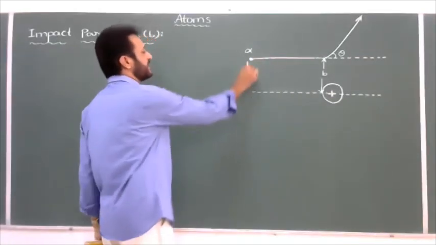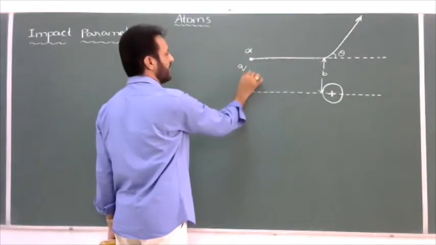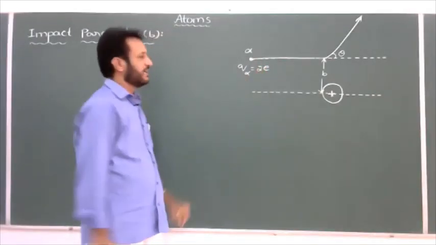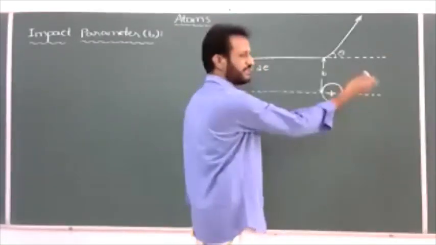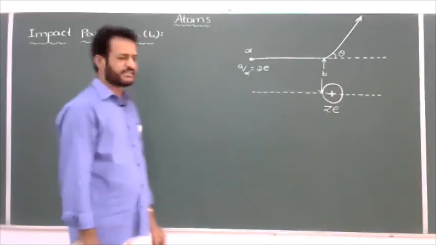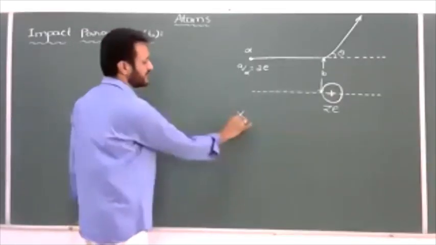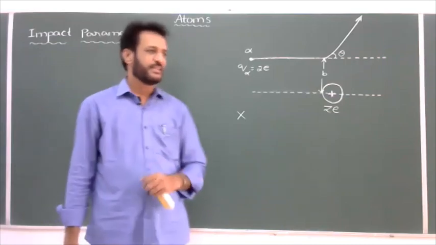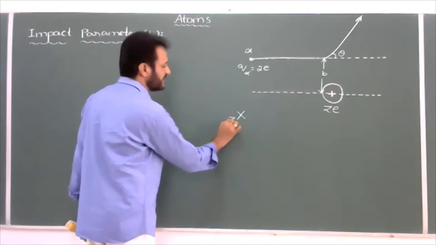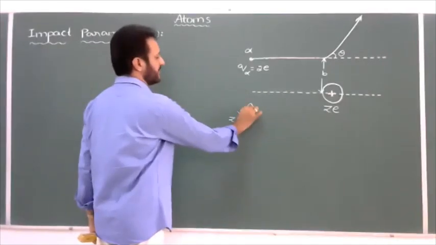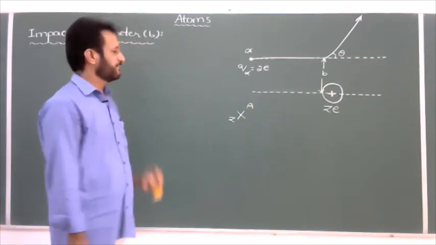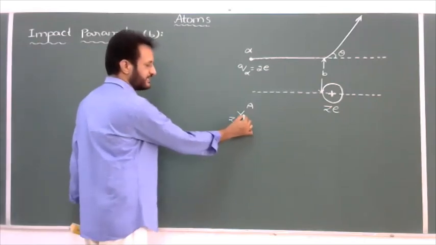Now the charge of the alpha particle, we know Q alpha is equal to 2e, where e is the charge of the proton. And one nucleus of gold or silver or some element has a charge equal to Ze. Why should you write Ze? Any element may take a chemical symbol, X, carbon C, oxygen O, and gold Au. You should write the symbol like this. Z always indicates the atomic number and A always represents the mass number. So what does Z mean here? The number of protons. For example, this nucleus of the element contains Z protons.